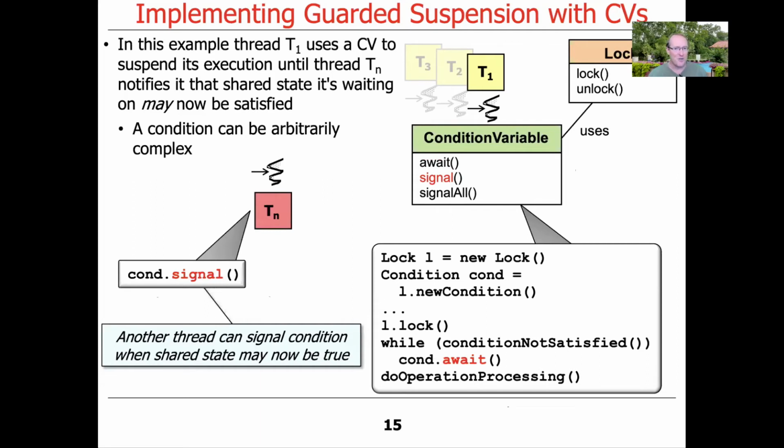Now, how does it get notified? Well, some other thread, Tn, will come along and do something that changes the state to a point where T1, the thread that's waiting, might want to wake up and try to make forward progress. So it's kind of like the example with the human-known use of the pizza delivery protocol, where after somebody has put a pizza on the counter or returned the keys, they ring a bell to notify the sleeping pizza delivery people that it may be time to wake up and check to see if they can get a pizza